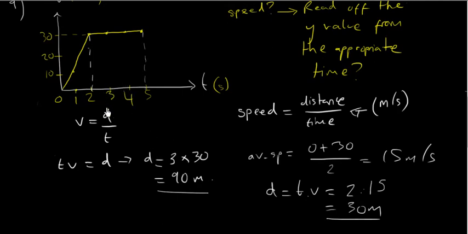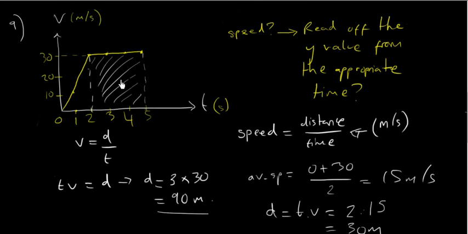If you look at what we did here, we multiplied the full time, which is the base of this rectangle here, by the velocity during the time. So basically the velocity is the height of this rectangle and the time is the base. So by multiplying one by the other, we've just calculated the area, and that's given us the 90 meters. So we could write in here 90 meters for the area. That's what it travels there. And similarly here,